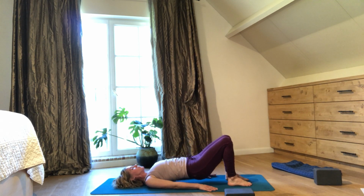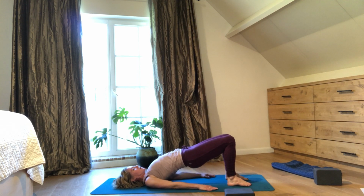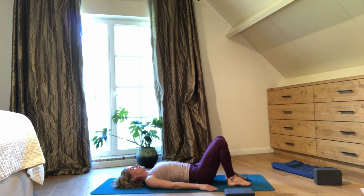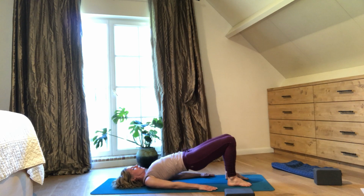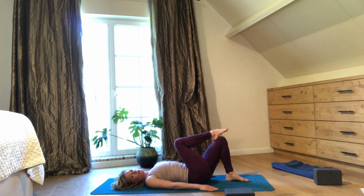And then we come down. Let's do that 2 more times. Press the feet down, lift your hips. So again, engagement again after that last pose we just did. And we come down. Inhale, lifting. And coming down. Now walk your feet completely together and place your right sole of your foot on top of